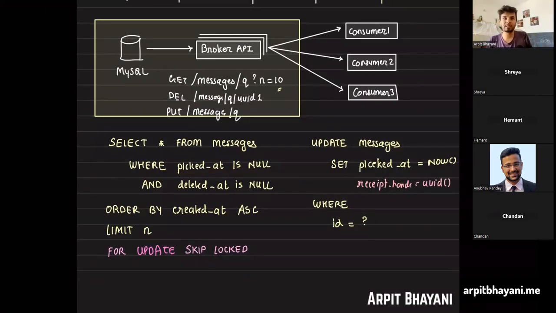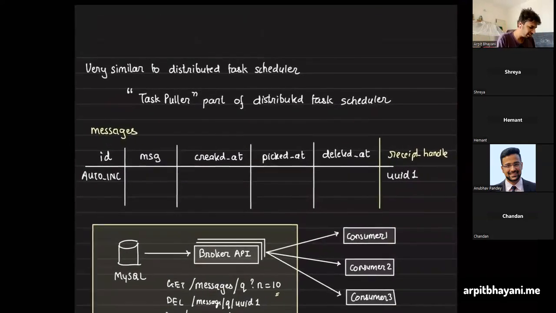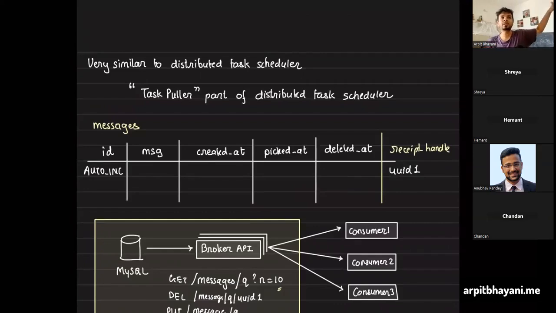When I first read the documentation of SQS, that a message resurfaces at the front, I was thinking, oh my God, how amazing is this? The message was not deleted, but it resurfaced at the front of the queue. How? When I started thinking of implementation using a relational database, it became so straightforward that it must be doing something very similar to this. Obviously, SQS is not built on top of a relational DB, but with this, you know the kind of guarantees you want from the storage layer, the kind of segregation. And I find the task scheduler and message broker very similar to each other. I just wanted to highlight that part, that it's not difficult.